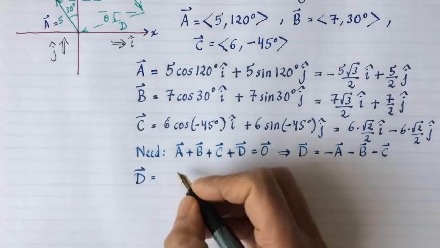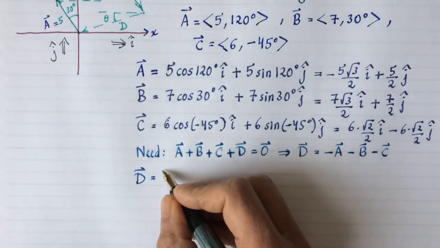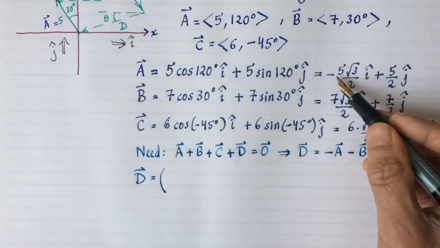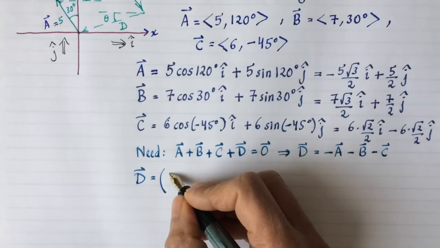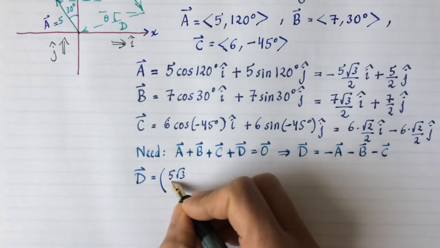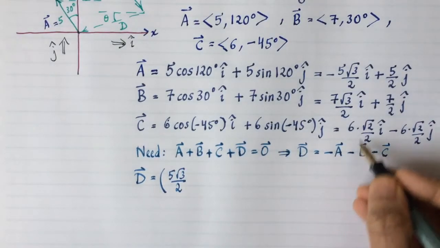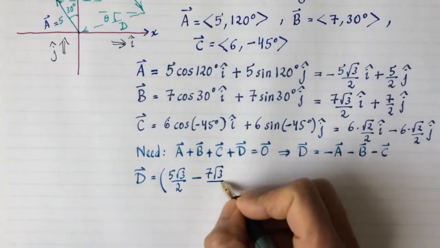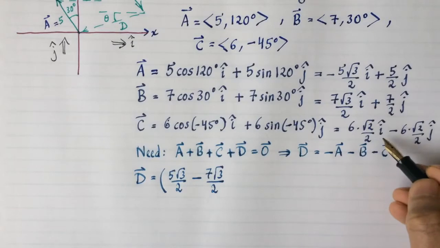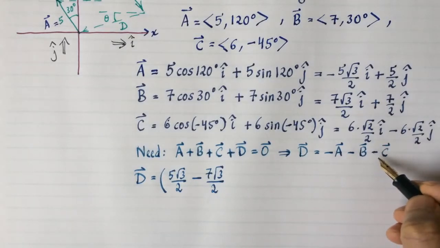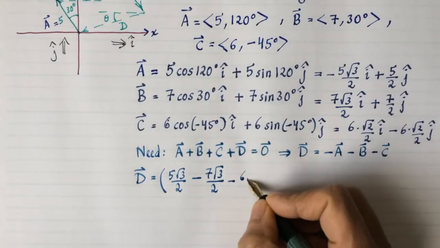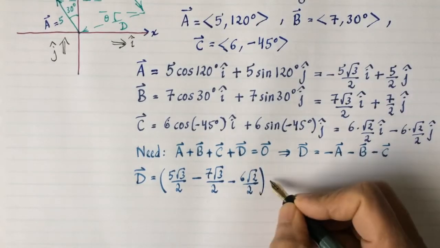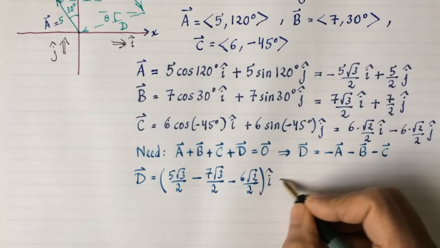So what I'm going to do is collect all the x components together. If I do negative A, that gets rid of the negative sign there. So I'm going to get 5 root 3 upon 2. Negative B means that's 7 root 3 upon 2. I'm just doing the i hat components now. And this is going to be negative 6 root 2 upon 2, the whole thing i hat. And then plus